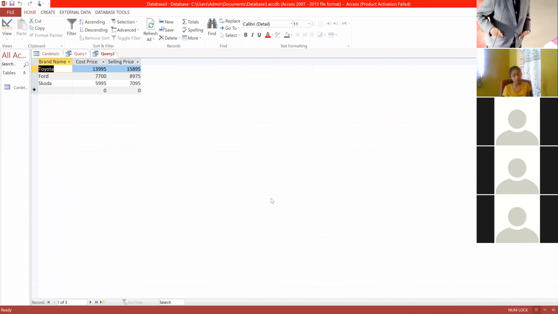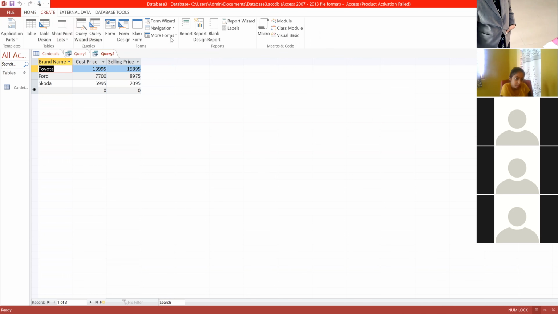Now how can we create that? How to create a report? Same here, next to Create Query we have a report. In MS Access we have four views of a report: report view, print preview, layout view, and design view. So here, to create a report, open the navigation pane. Where is the navigation pane?